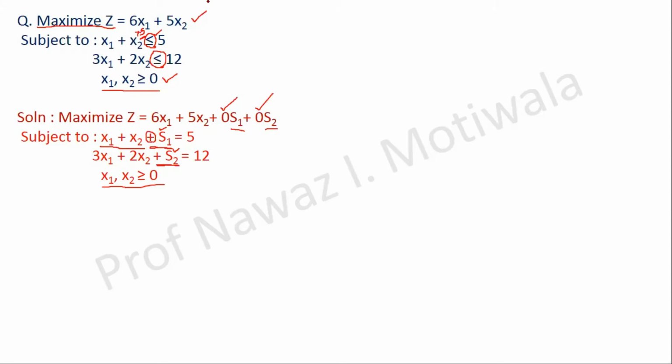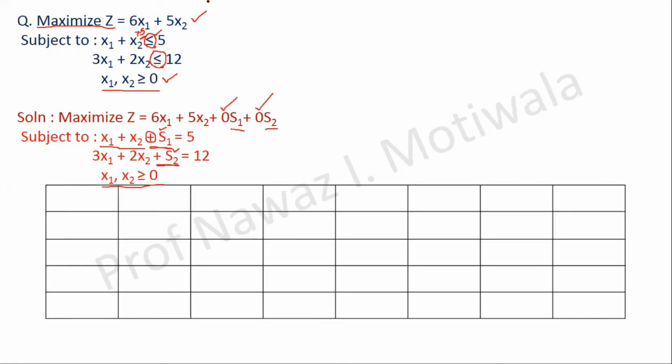After doing all this, as we said, I will be solving this problem through a simplex table. So I will make a table here. Now again I am reminding you to write the things or the steps in your own language so that you remember it easily. The first thing which we have to enter in the table is this one. What are our variables from the objective function?